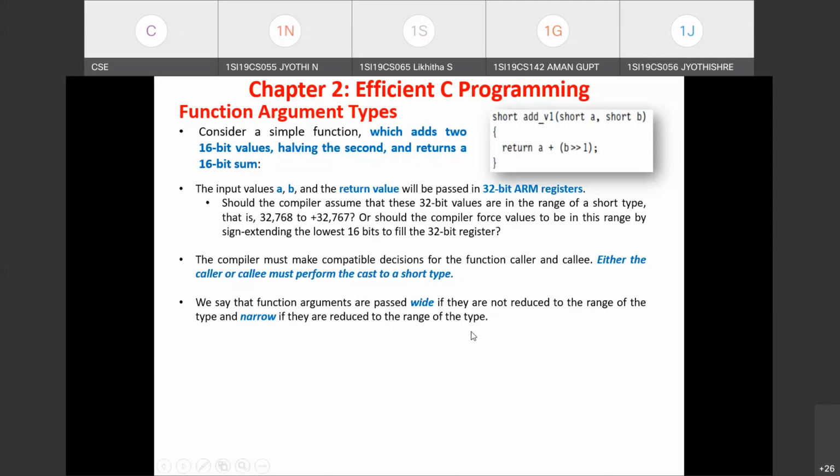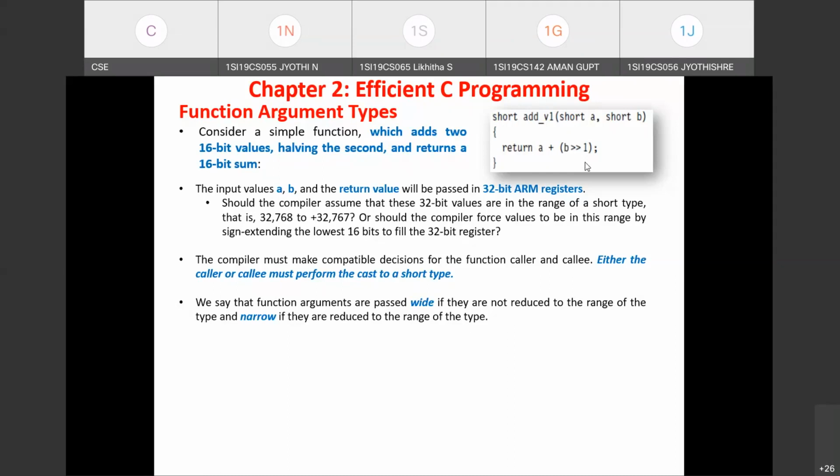So if the compiler assumes that the function arguments A, B are passed wide, meaning within the called function it has to do the conversion, or it has to reduce the size of the value held in the register to 16-bit.